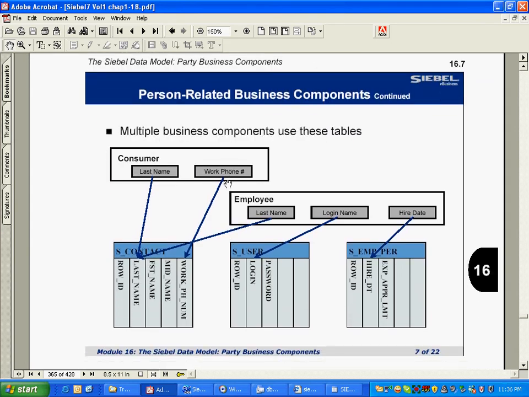We know that in Siebel, the data might be stored in one table only, but on top of that there is a business component layer which takes the data from one or more tables and combines it into a logical business entity, right? For example, consumer. If there is a consumer, you will store it in the contact table and you will create a business component named consumer. Employee: that employee basically stores in 3 tables in Siebel. And the employee business component means logically the data is picked from these 3 tables and combined into the business component, right? We did not go into this employee table because it's not important now. Whenever it becomes important, we'll see.